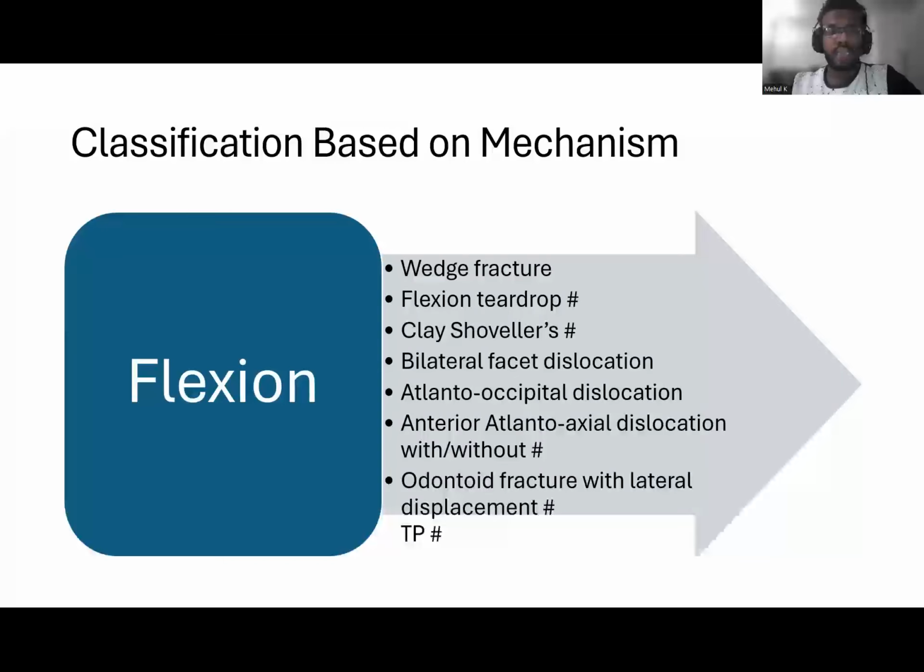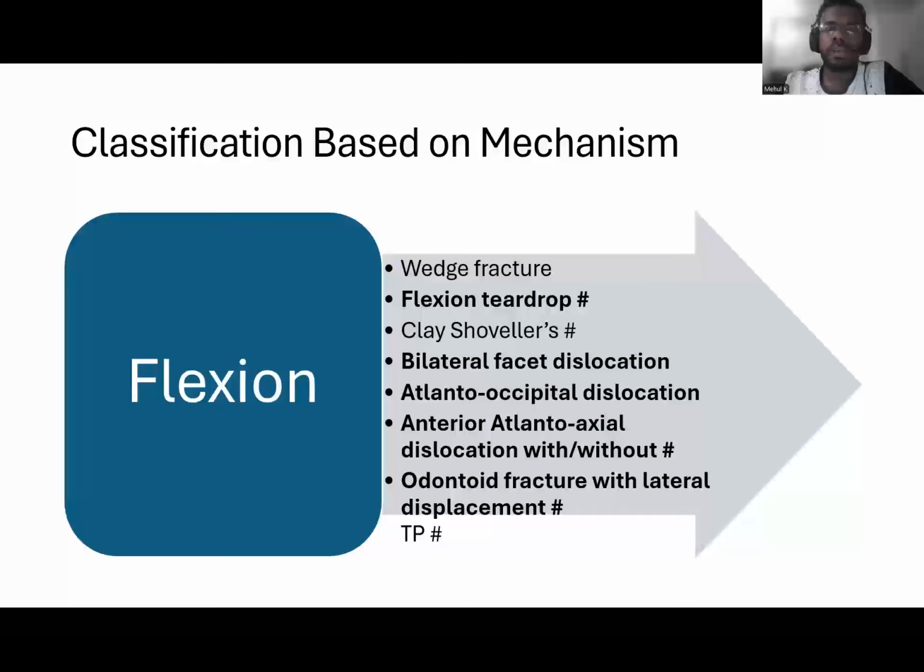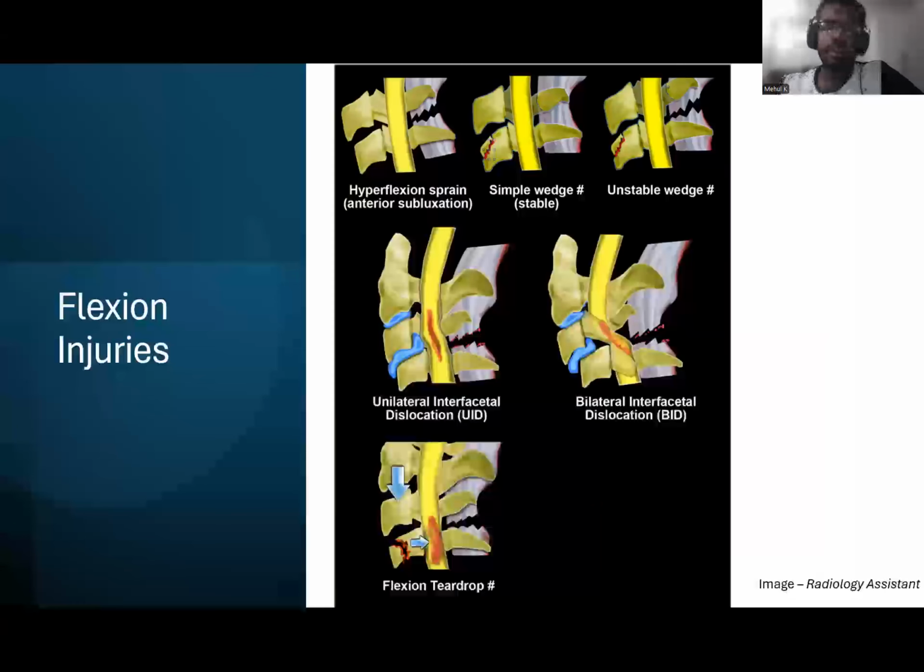So you have a wedge fracture, flexion teardrop fracture, Clay-Shoveler fracture, bilateral facet dislocation, atlanto-occipital and atlanto-axial dislocation, and odontoid fractures. Among these, the important unstable injuries are the flexion teardrop fracture and the bilateral facet dislocation; unilateral can be stable. Atlanto-occipital dislocation, obviously, all of those dislocations are going to be very, very serious, and especially your odontoid fracture, especially type 2 odontoid fracture, which we'll come to shortly. So these flexion injuries,